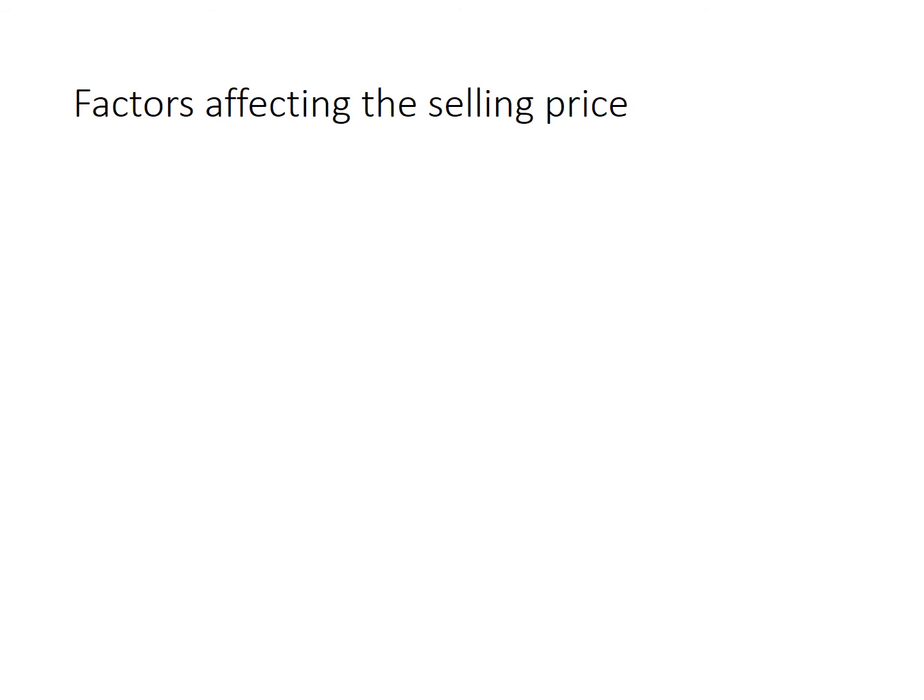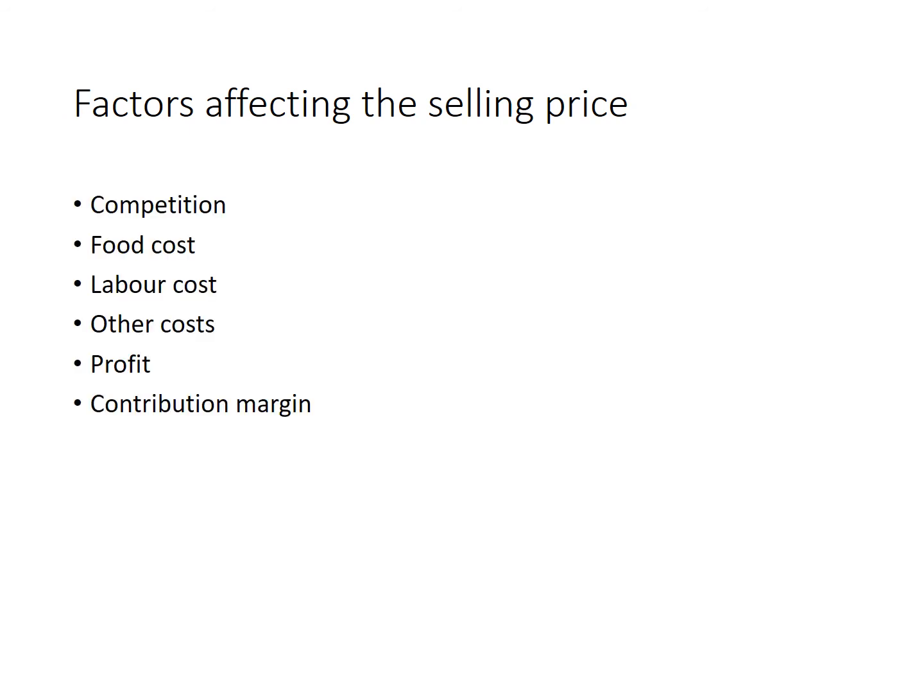Factors that affect the selling price include competition, obviously, what your competitors are doing, depending upon the position of your restaurant and what type of restaurant you are as well. Food costs, labor costs, other costs, profit, and margin costs. So when we think about the selling price, we think about